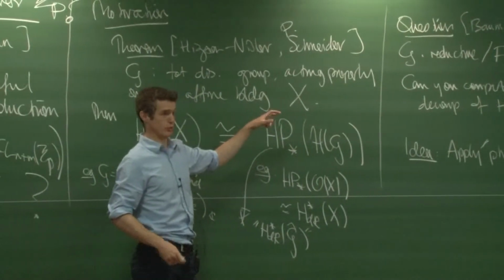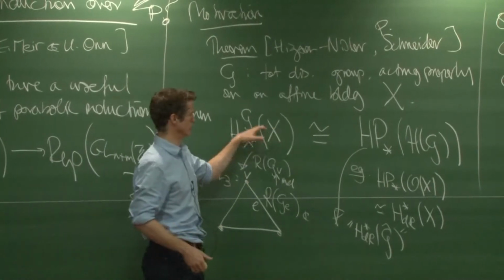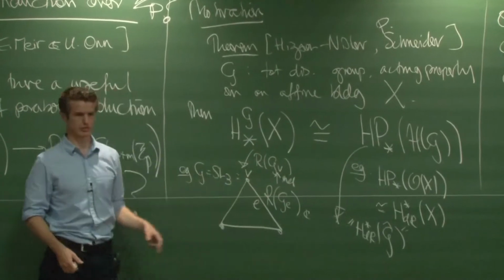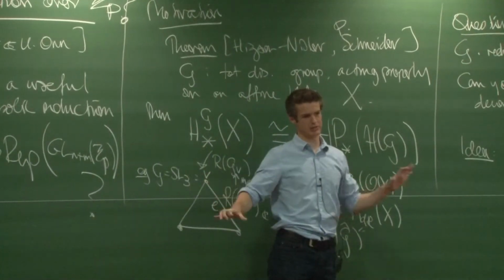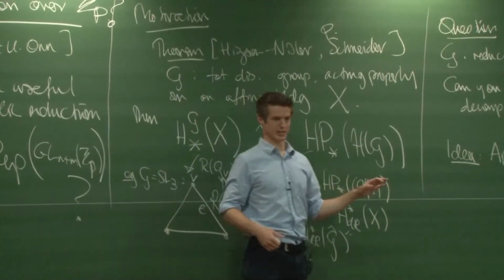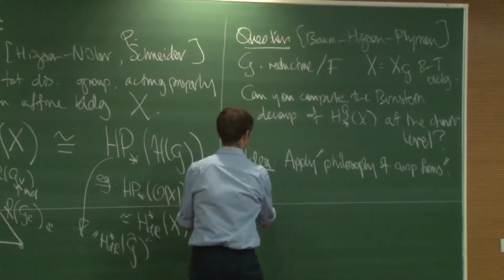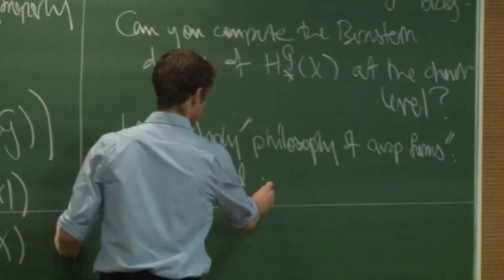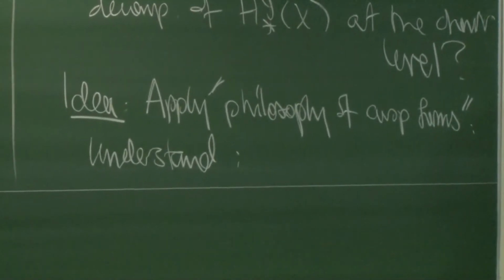And hopefully this induction procedure is somehow easy, it's somehow geometric, it somehow has to do with the geometry of the building and some simple facts about representations of compact subgroups of p-adic groups. So maybe we can get a handle on this induction step, even if the cuspidal step involves number theory, which is not my speciality. So let me be very concrete. What I mean by this